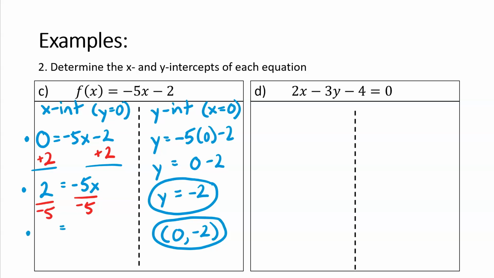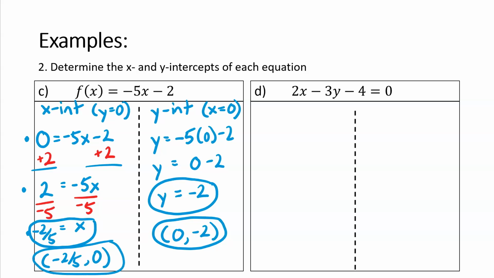And you'll be left with x equals negative 2 over 5. So that is your x-intercept. As an ordered pair, you can write that as negative 2 over 5 with a y value of 0. Next example, same thing. If we want the x and y-intercepts, we'll start with the y-intercept. Again, we'll take a look at the y value when x is 0. So just substitute 0 in for any x you see,